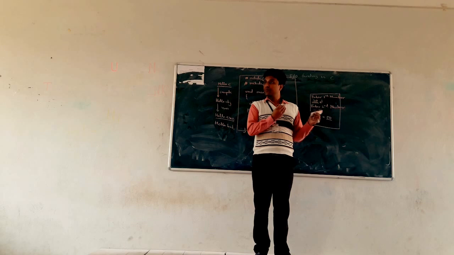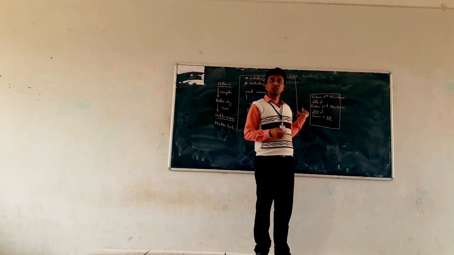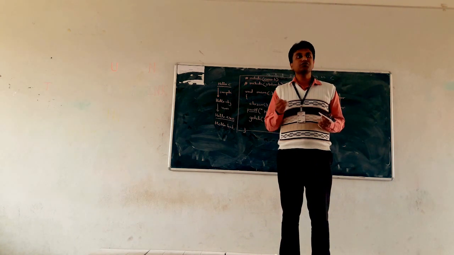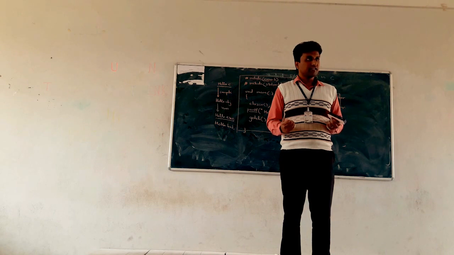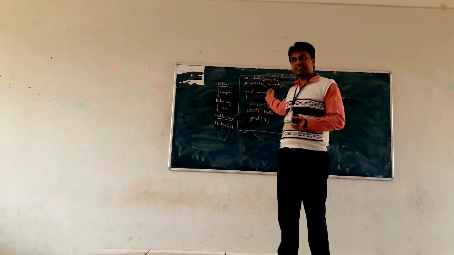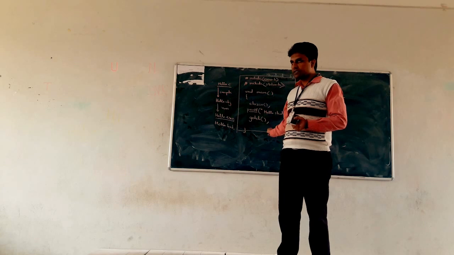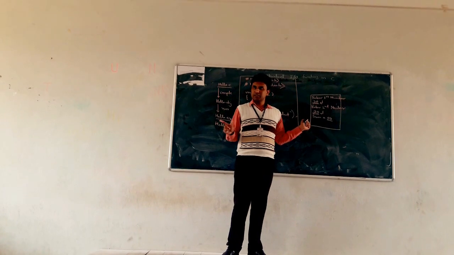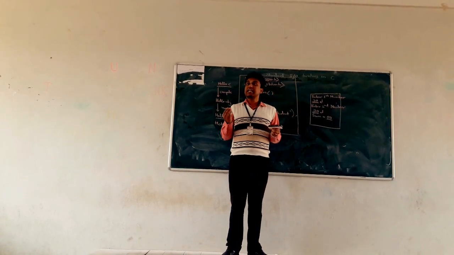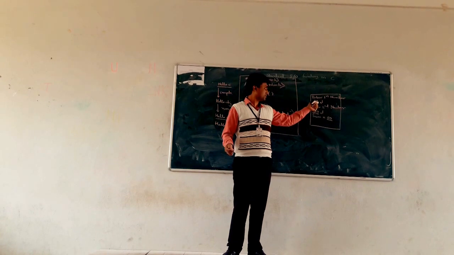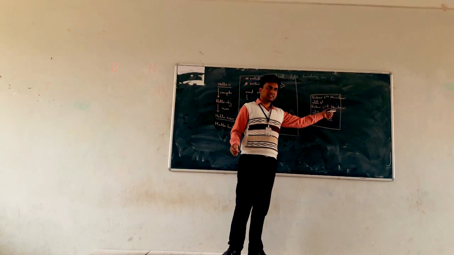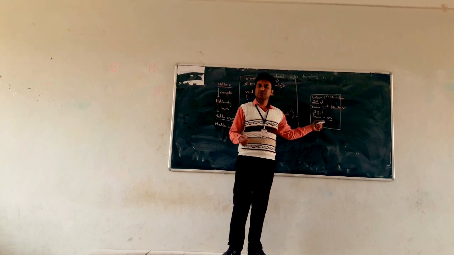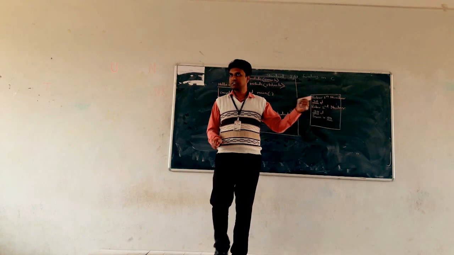That is your output. As per the output, we design our code, because whenever you create a project, first you take the requirement from the user, and on the basis of the requirement you design your software or simple program. Clear? So that is my requirement. Enter first number, the message is displayed on the console, then the cursor is blinking for scanning, the user enters the value for the first number, then enter second number, this is the message. After that, the user enters some value. After that, sum is equal to the result.